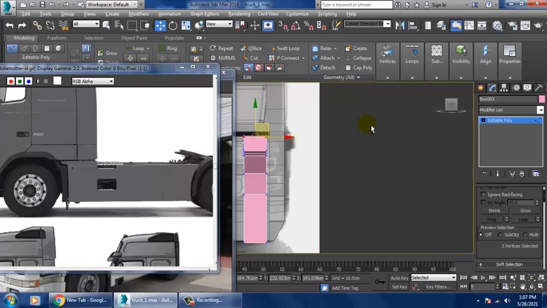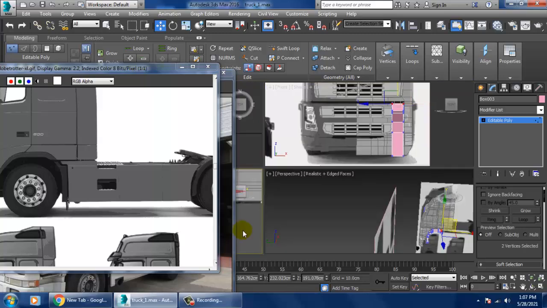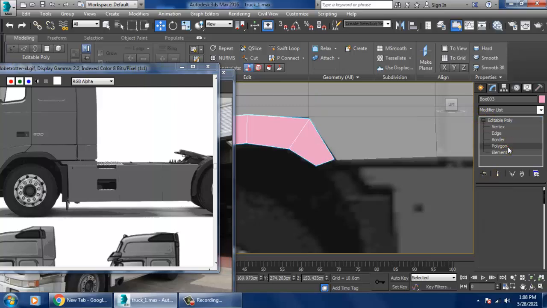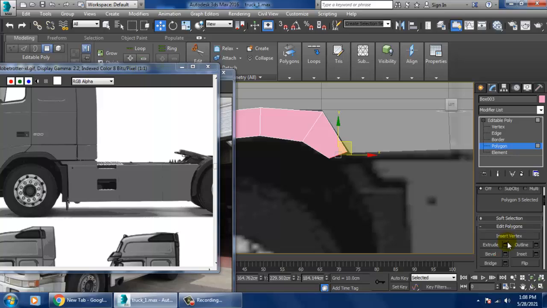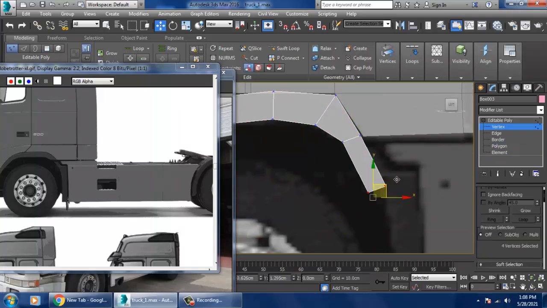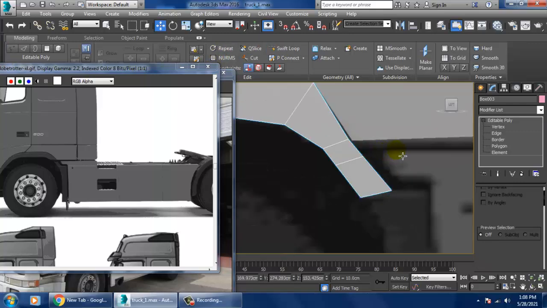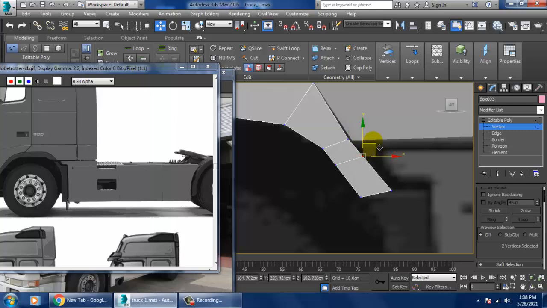We'll definitely be adjusting that, but first let's complete this part. Select this polygon, extrude it, go into the vertices, take a swift loop, select the vertices and adjust it.